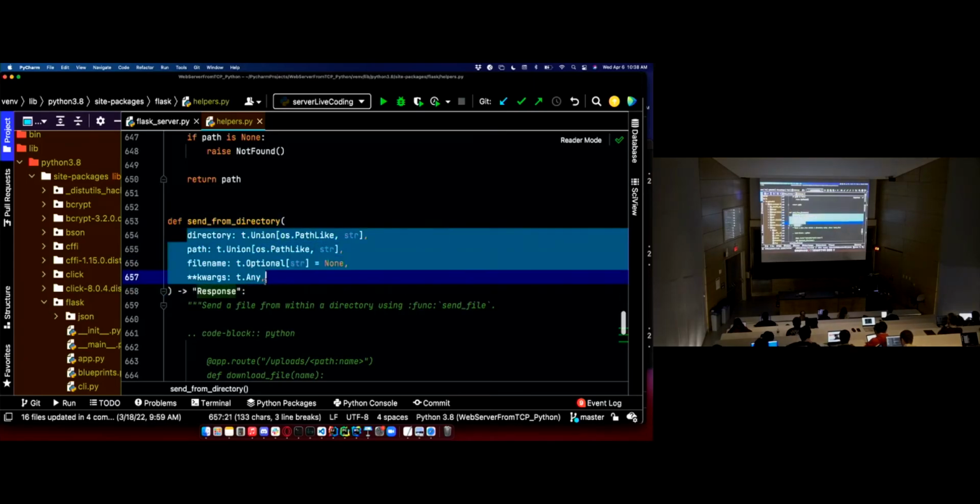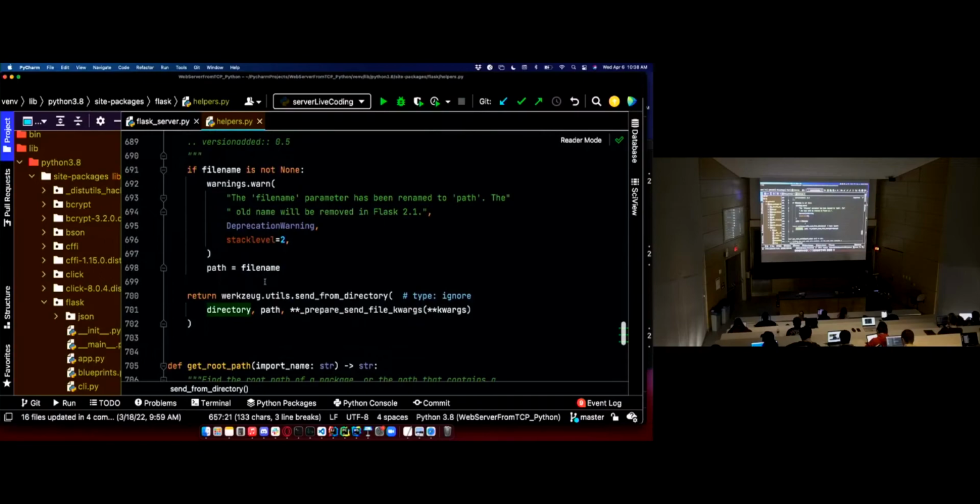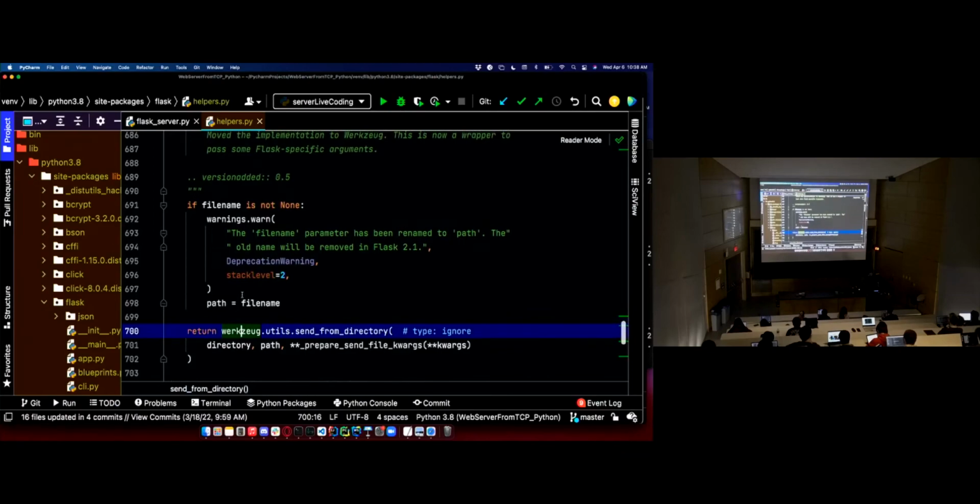When you get into the code of these libraries, it's going to be a mess sometimes. It's going to be tough. This is not an easy task. This is why so many people just use homework code. But it's not an easy task. Right away, we find that this method does not actually read files. It's using Werkzeug.